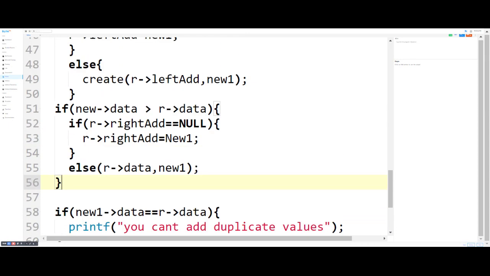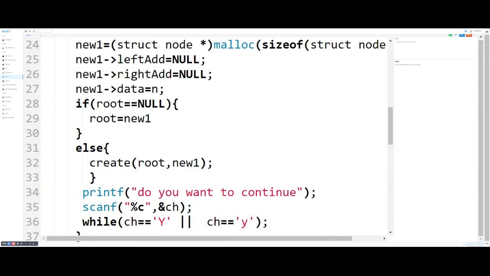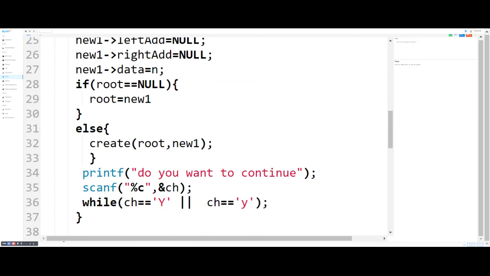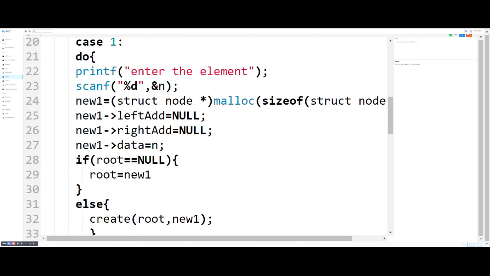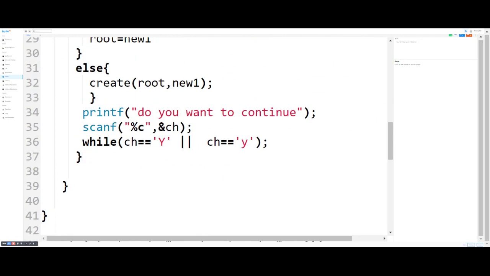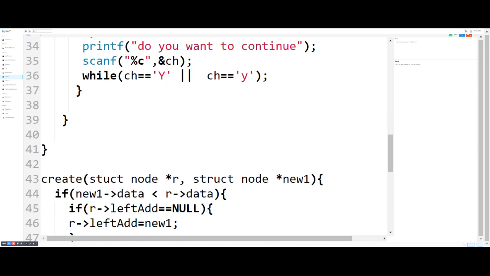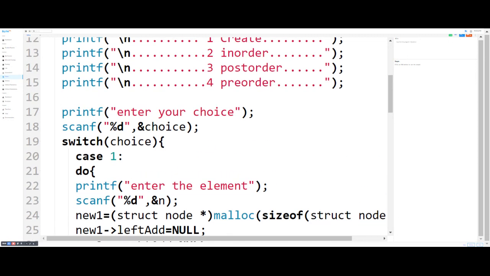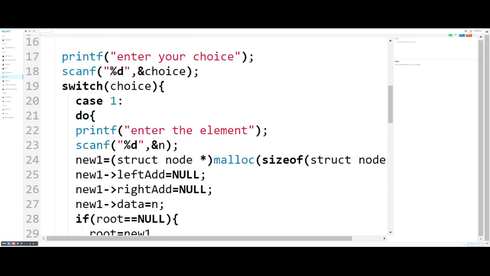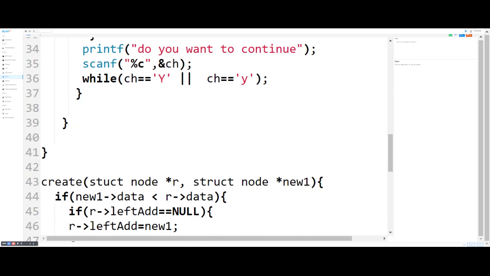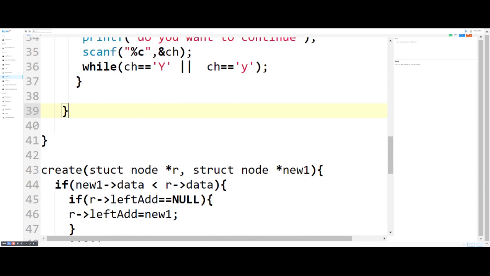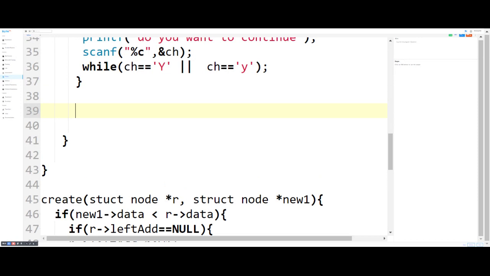Now we have to traverse all nodes one by one. So we write here case 2 in the switch case.